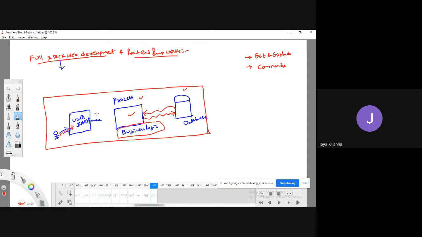Meaning that whatever input you give in the front end will be sent to the server, and if it wants to get something back, that will come back from the server here. Okay, fine. So this thing we can call simply the presentation layer, where the user will interact. This one we call the business layer, and this one we call the data access layer. It is a kind of repository where we store our entire process data. Okay, fine.